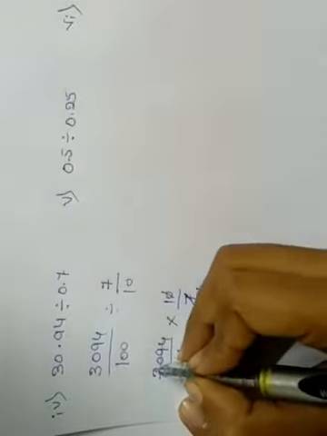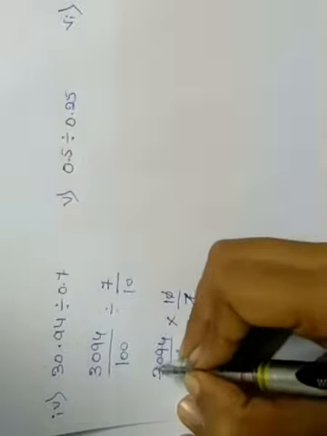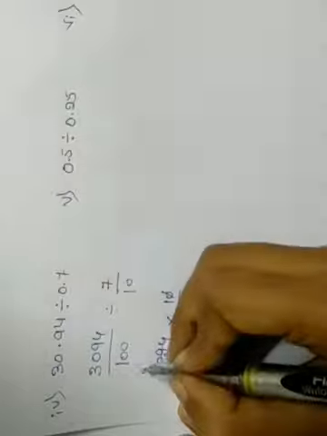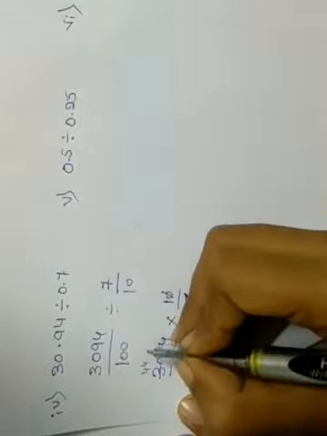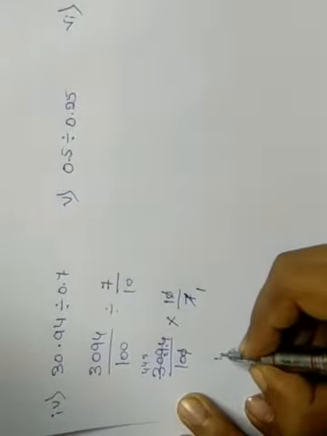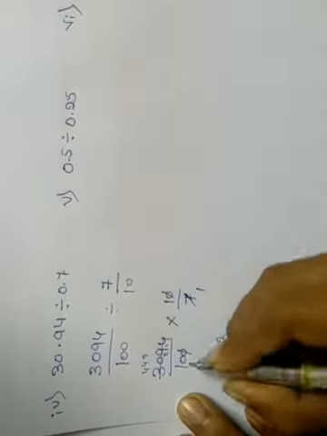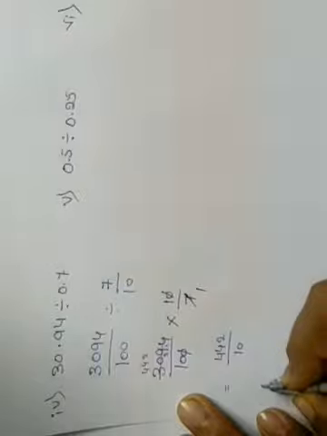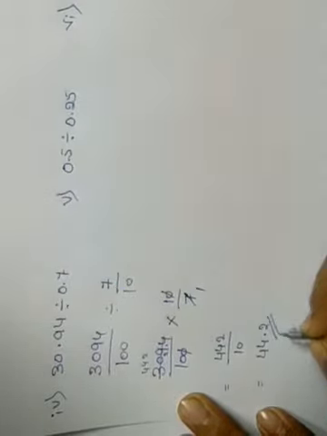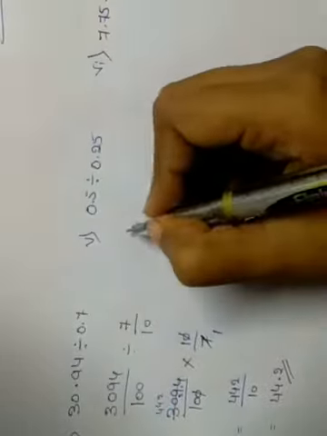Again 7, how much are 30. We'll take the nearest value, that is 7 4s are 28. Remainder is 2. Then again 7 4s are 28. Remaining is 1. 7 2s are 14. 442 1s are 442 divided by 10 1s are 10. We need to give the decimal point after a single digit. Right?